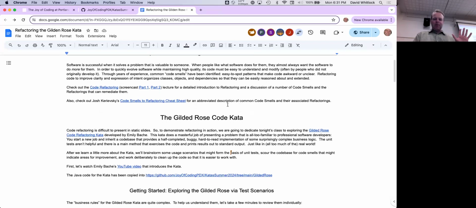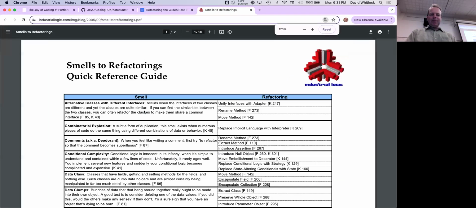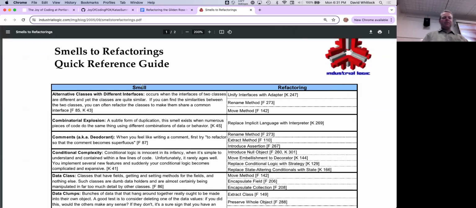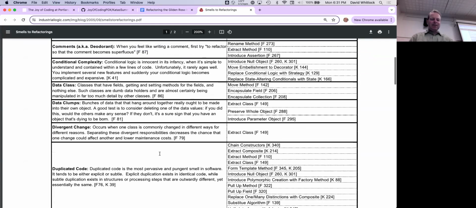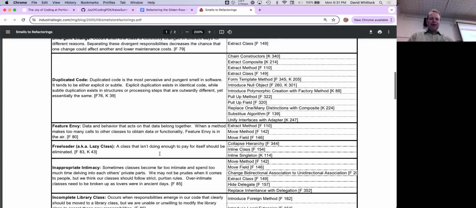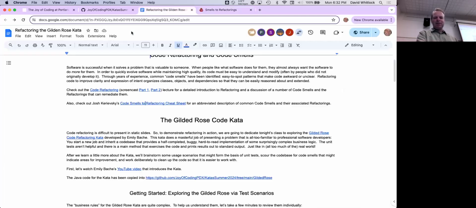I hope this isn't the first time you're seeing this because of the code refactoring lecture, but there's another resource that I want to point you at, and that's this list of code smells, and then some refactorings that you can do to remove them. It's small. And actually, I really like this handout. There's a lot of stuff here. It's kind of deep, but it helped me understand the relationship between what is awkward in the code and is likely to impede me, and then what I can do to make it easier to work with. We'll come back to this in a couple of minutes.